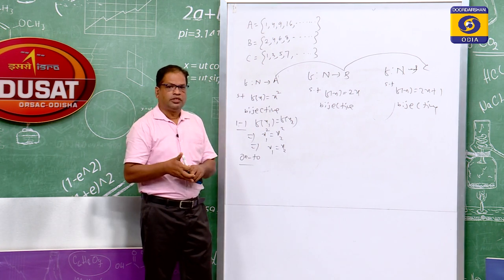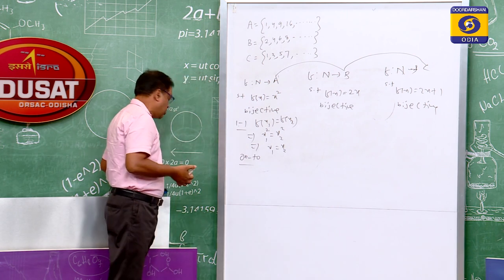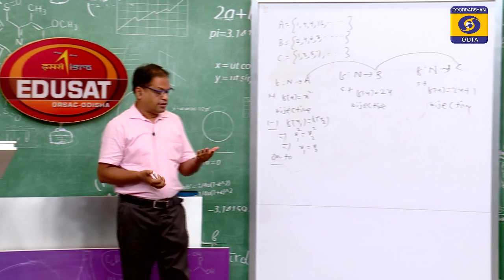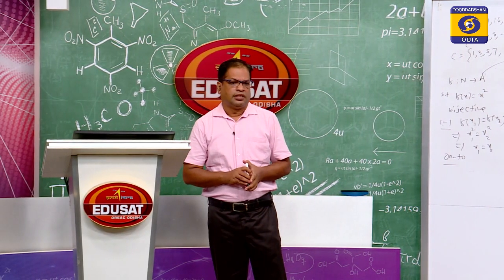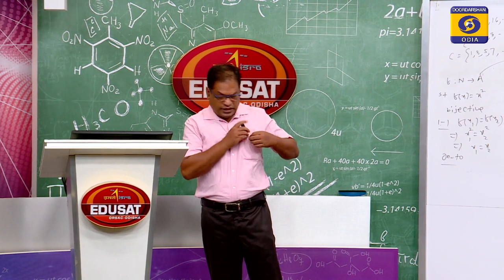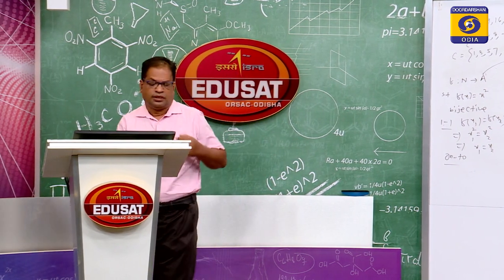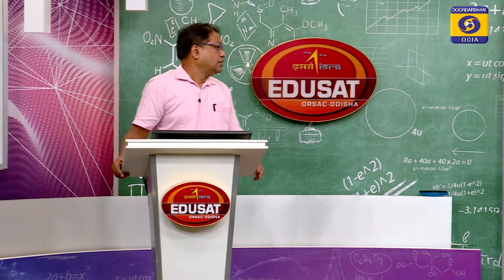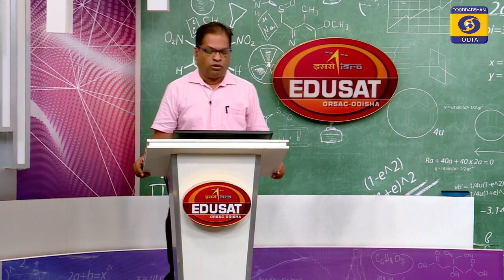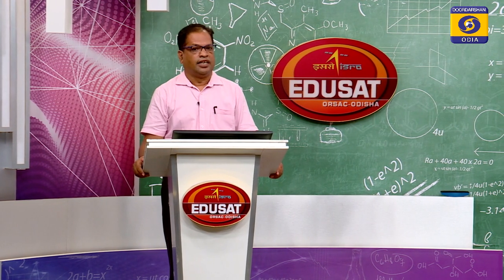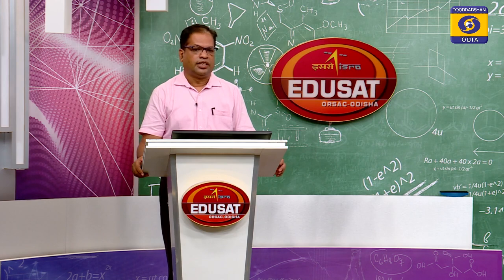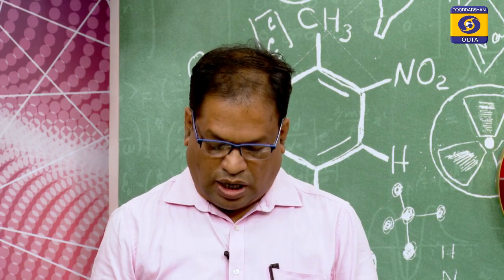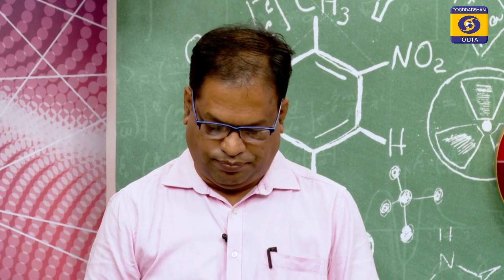So, what we have discussed is actually especially for infinite sets. You see, there are two possibilities. Two sets may be finite. In case of finite sets, there is no need for searching for a bijective function; we can only find the cardinality. And if one set is finite and the other set is infinite, then they will never be equal. And for two infinite sets, we have to find a bijective mapping.